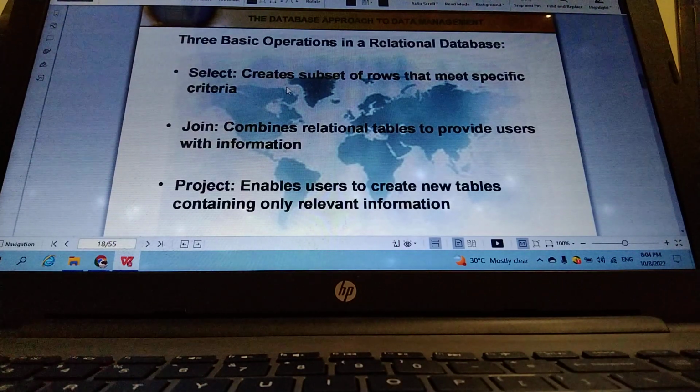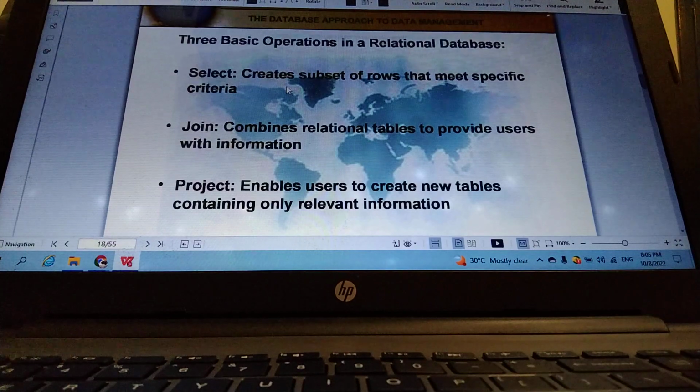Remember, we have DML languages, data manipulation languages, which can be used in order to pull the data from the databases, in order to manage the data from the databases. So operations such as select, join, and project can be used for certain purposes. So select will be used to create subset of rows that meet specific criteria, whereas join will be used